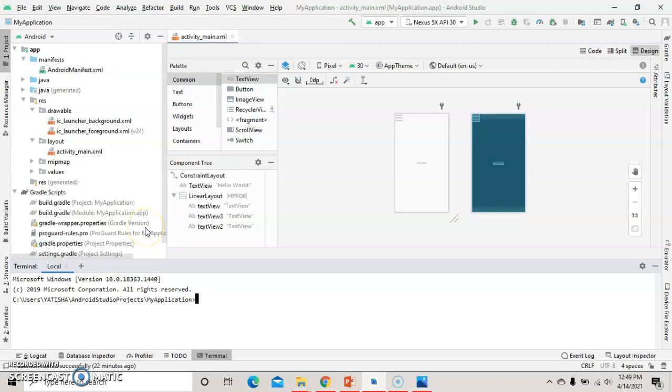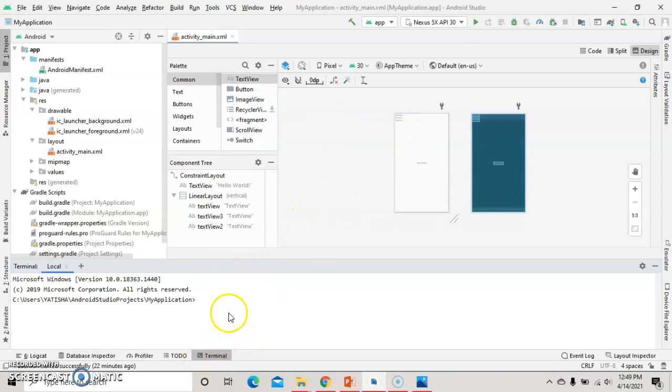Okay, if it is asking for an update after installing, then update it. Update to the latest version. If it is asking for an update in the terminal part, then update it. If your design is not loading like this, then please update your software. Then only your design will be loaded.